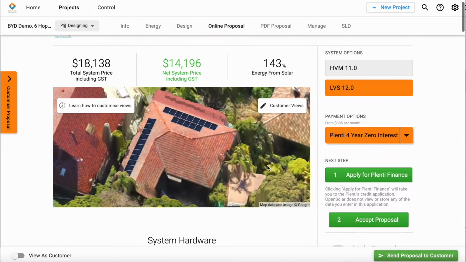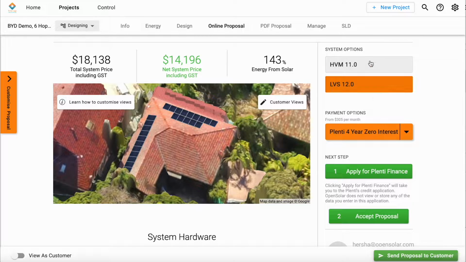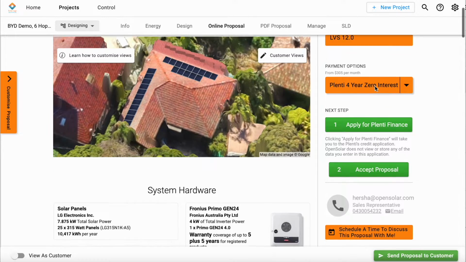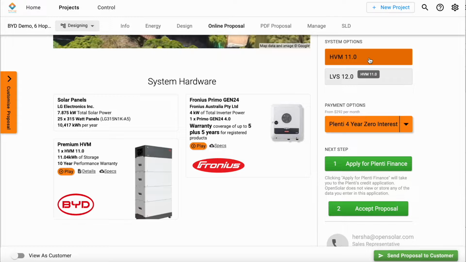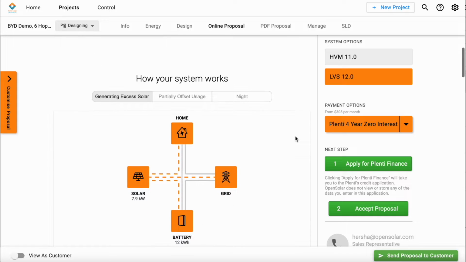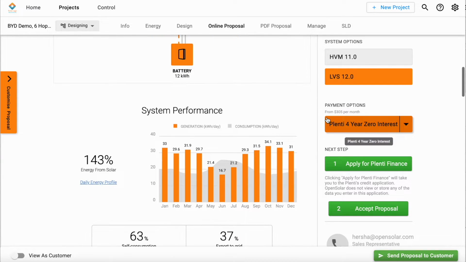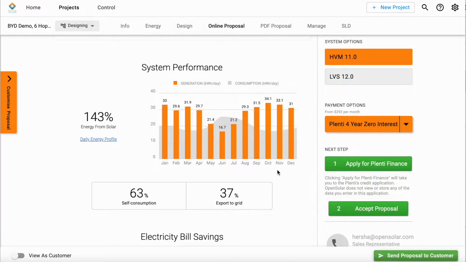So now into the rest of the proposal. Scrolling up to the top, you'll have some key featured figures here, which are all automatically calculated, and you can customize these as well. To the right, we have all of the different system options that are being offered. Something that's really unique to OpenSolar's proposals is that you can actually offer multiple system options on the one proposal. In this case, I've just used it to show you the different BYD products that we have. And as your customer scrolls through the proposal and flicks between all of the different system options, they can really easily compare the two options that you're presenting them